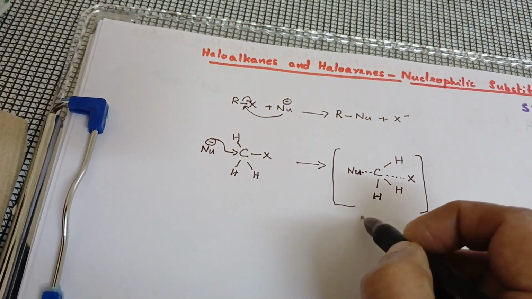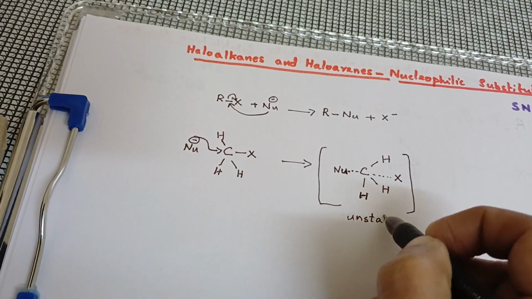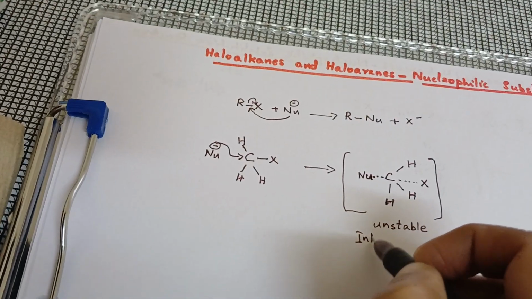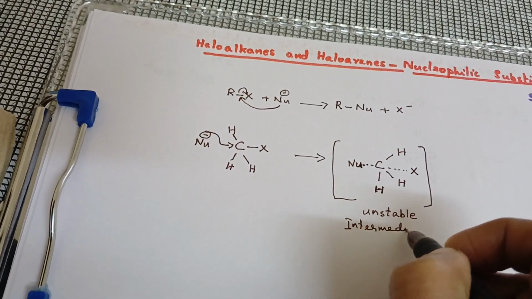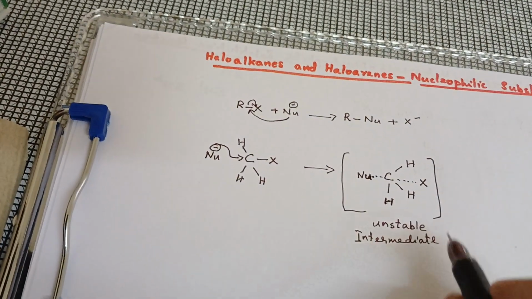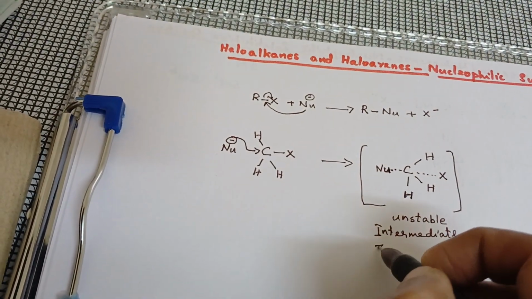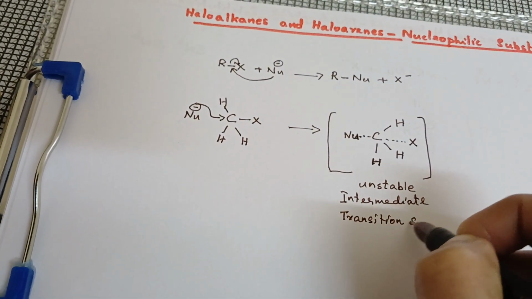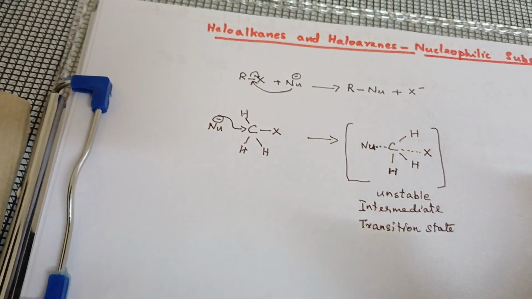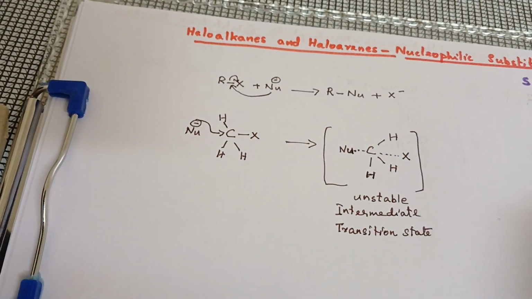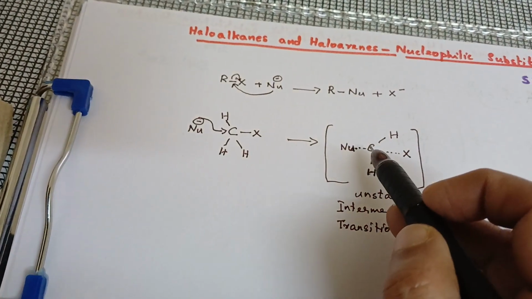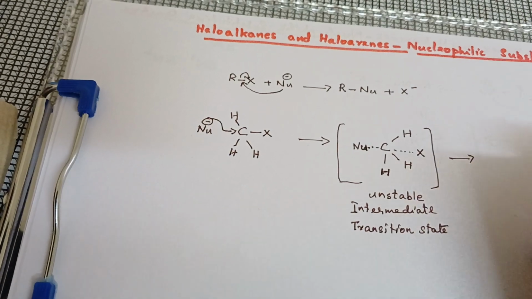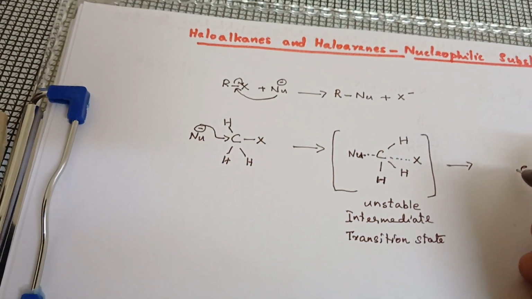So this is unstable, and this is an intermediate, something formed in between, and this is called the transition state because it is getting changed. It is getting changed because this halogen will leave as the halide ion and the nucleophile will be attached to the carbon. So the product you are getting will be like